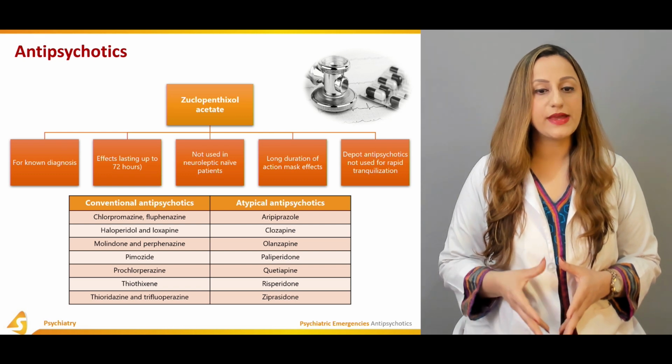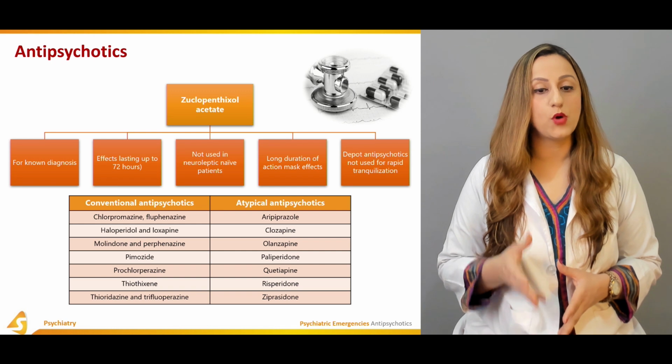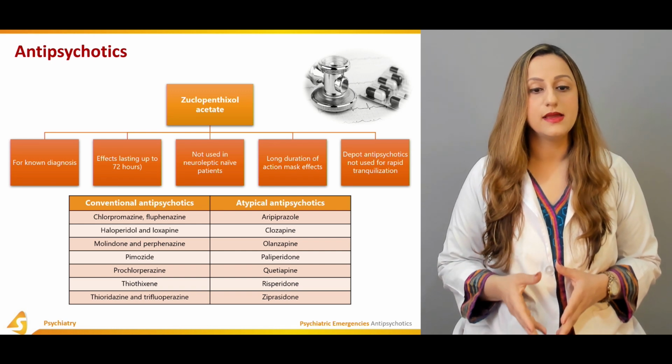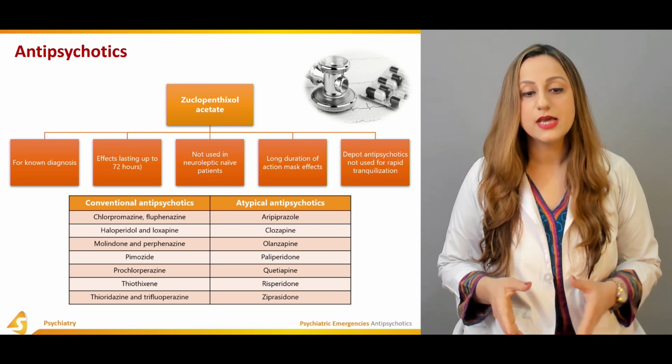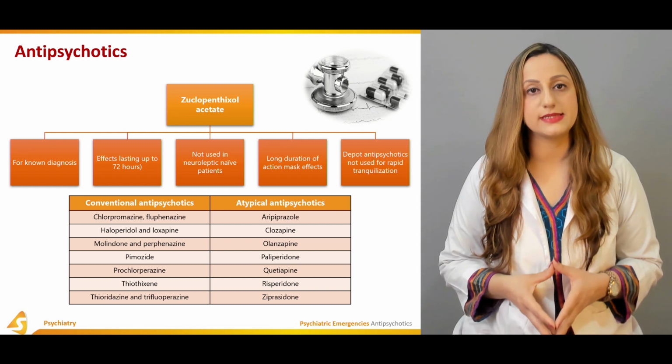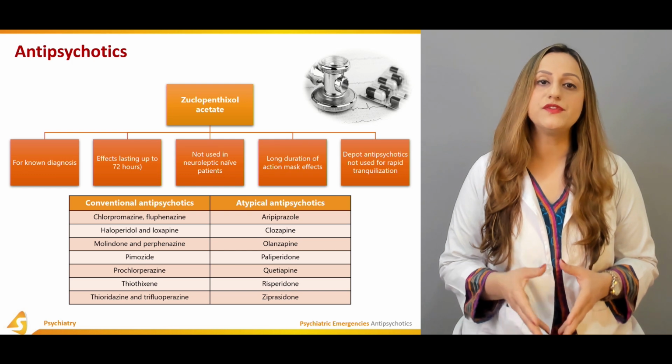chlorpromazine, fluphenazine, haloperidol, loxapine, molindone, perphenazine, pimozide, prochlorperazine, thioridazine, and trifluoperazine. So this is basically the group of the antipsychotics which is regarded as the conventional antipsychotics,